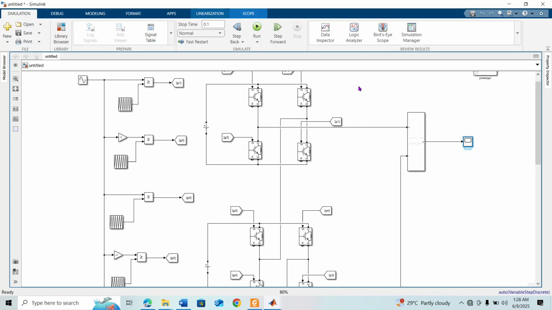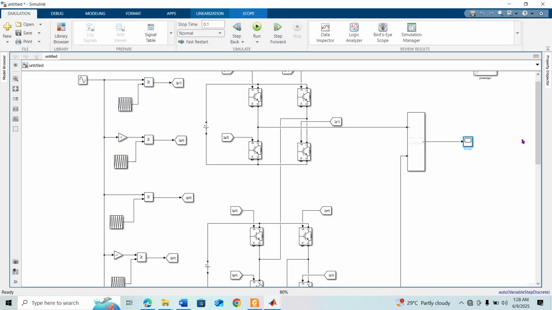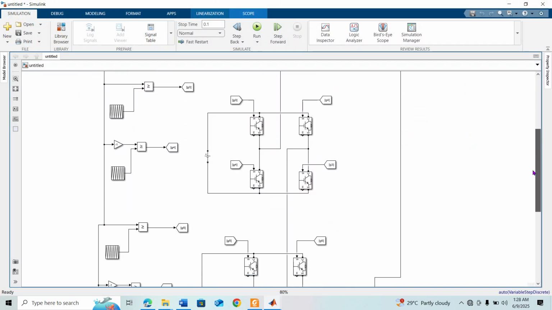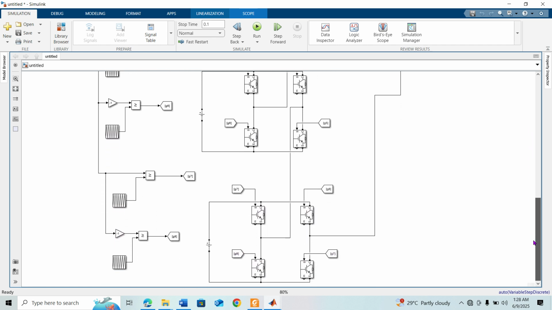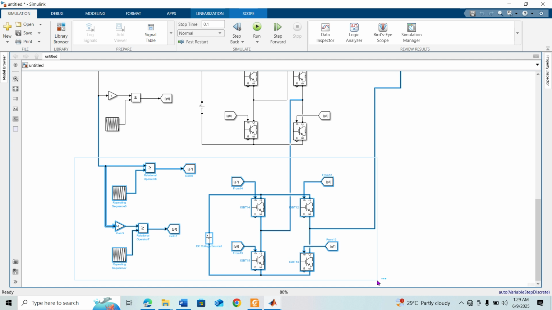Our previous video was a ninth level multi-level cascade inverter, and this was our output. In this video we'll model our last inverter, which is the 11th level cascaded multi-level inverter. So for the 11 level multi-level inverter, similarly we have to copy the last H-bridge and repeating sequence with relational